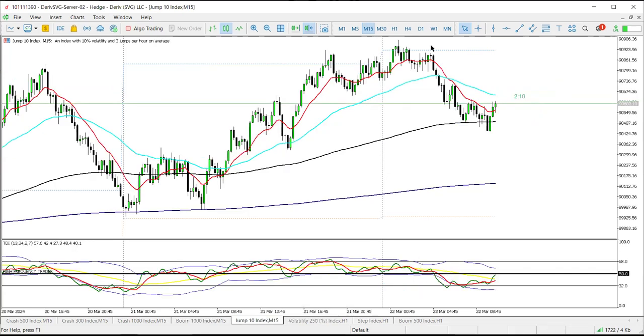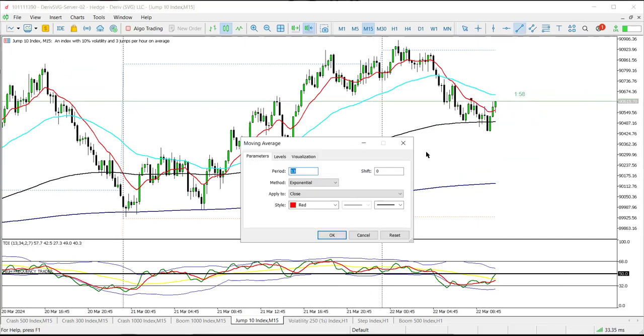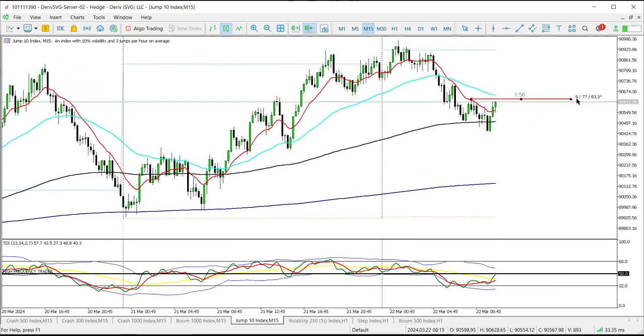So going to J10. Nice bounce off the 200 EMA. This also looks like it could be a valid trade right now. So once we break above here, I'm looking for a potential buy. My reasoning for that particular setup is